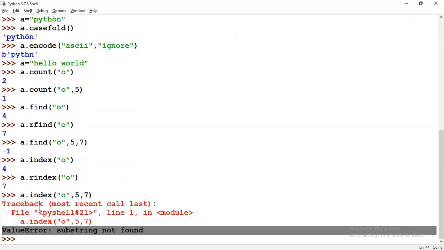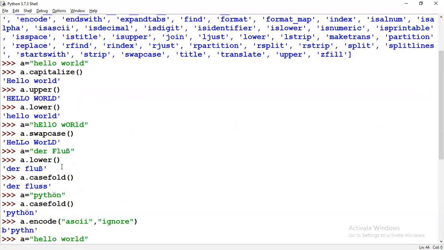So you can choose find or index. If you want to go ahead with the error, choose index. Otherwise, if you want to get -1, you can just go ahead with find. So that's one difference between find and index.